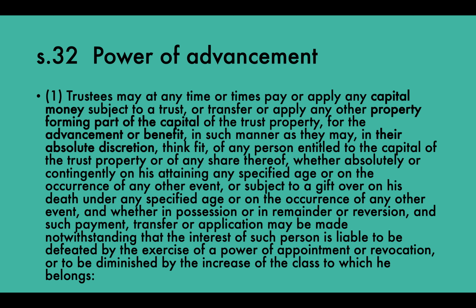Trustees may at any time or times pay or apply any capital money subject to a trust, or transfer or apply any property forming part of the capital of the trust property for the advancement or benefit in such a manner as they may, in their absolute discretion, think fit, of any person entitled to the capital of the trust property or of any share thereof, whether absolutely or contingently on his attaining any specified age, or on the occurrence of any other event, or subject to a gift over on his death under any specified age, or on the occurrence of any other event, and whether in possession or remainder or reversion,